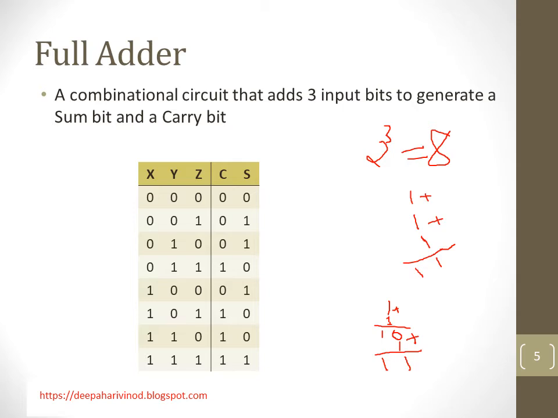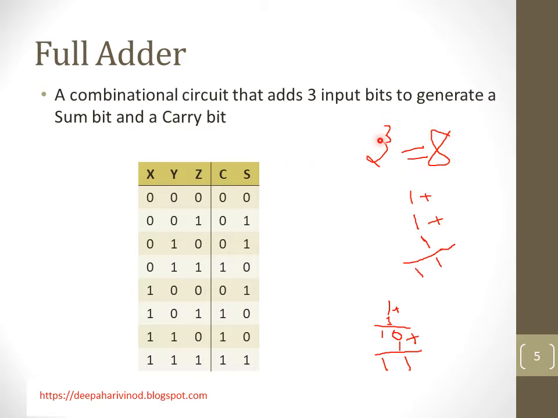So coming to the full adder, for example, let me choose 3 bits. Here 3 bits can be added at a time. If I add 1 plus 1, it is 1 0, that is 0 with a carry 1, and again if I add 1 to that, it is 1 with a carry 1. So 1 plus 1 plus 1 is 1 with a carry 1. And we know that if we are using 3 input bits, and since it is binary, it is 2 raised to 3, meaning it will have 8 different combinations.